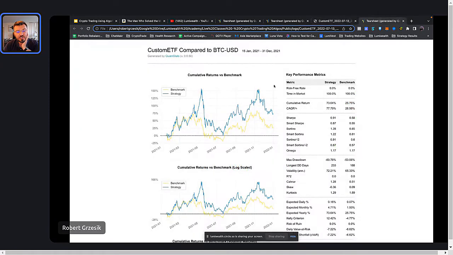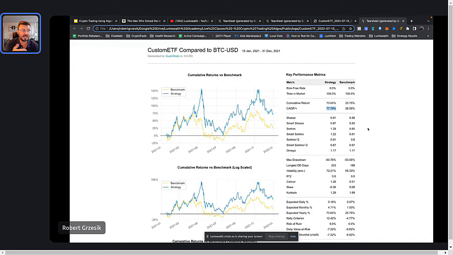I could also see the tear sheet of how it did, right? This is our strategy in the blue, right? And then the benchmark, which is Bitcoin, in the yellow. So Bitcoin did pretty well in 2021. We did better, right? Bitcoin was up 25%. We were up 77%, right? Or more specifically, 27% versus 77. We tripled Bitcoin. We did 3 times better than Bitcoin, right? So how do we do that, you might ask, right? That's our strategy. That's what would have happened if we were running this thing. We backtested over this time period. That's what we would have gotten if we had run it during that time period.